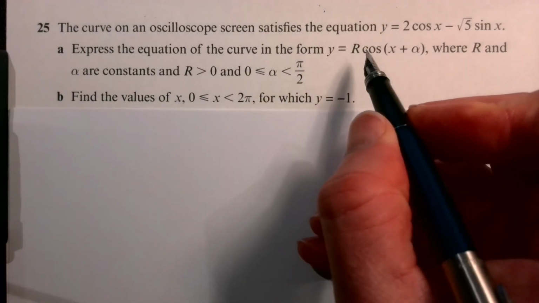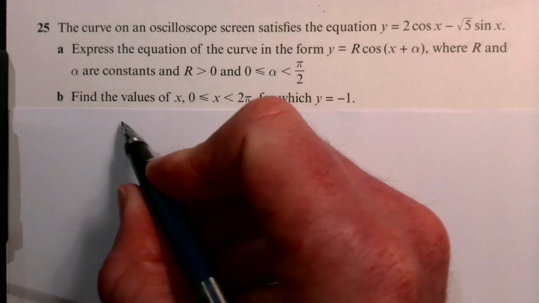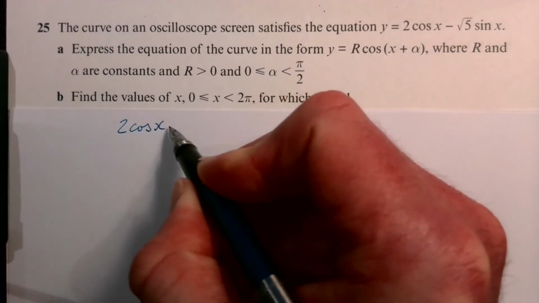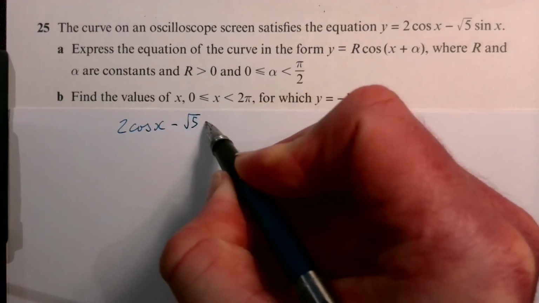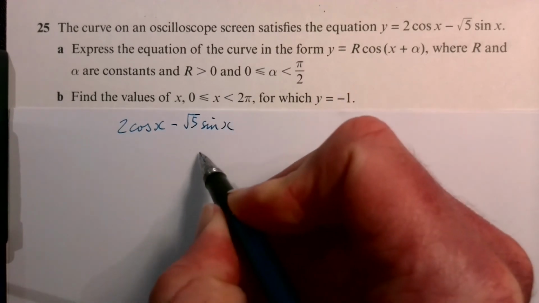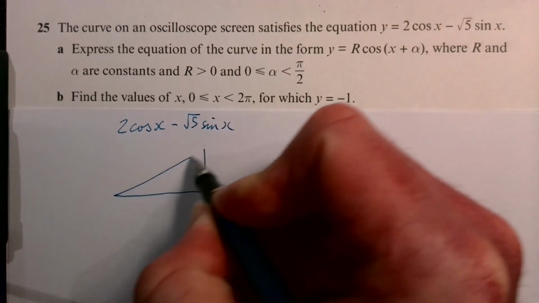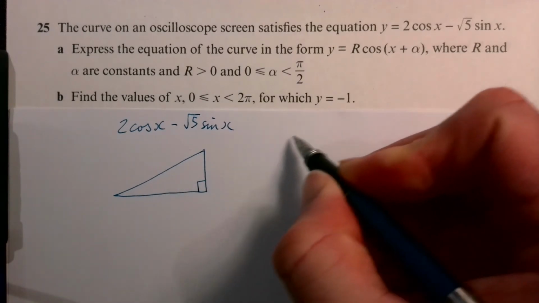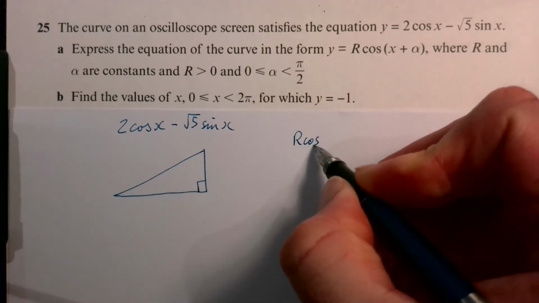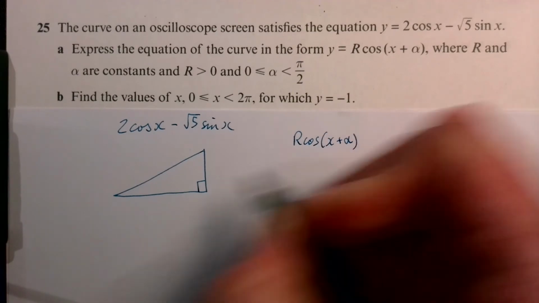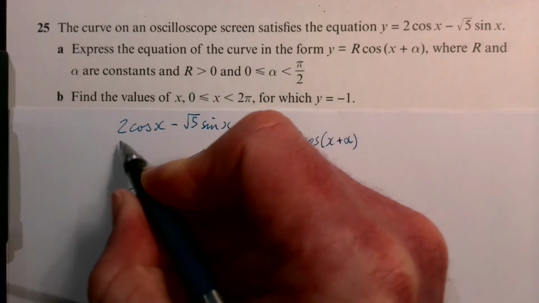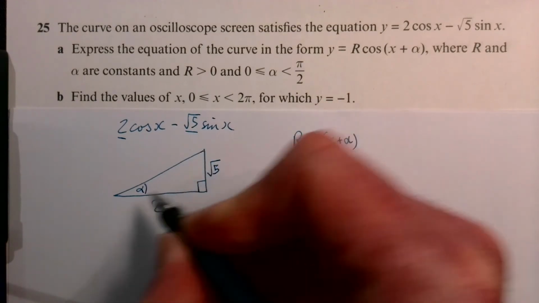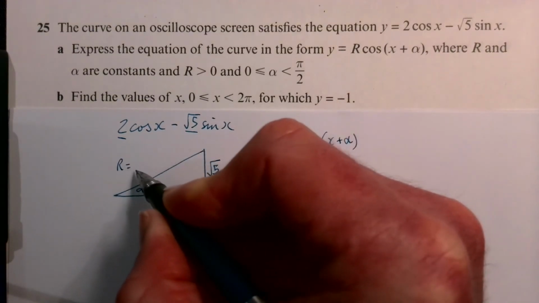So it's saying r cos, so we keep it as the 2 cos x take root 5 sine x. We keep it that way round. We draw our right angled triangle. They're wanting it in the form r cos x plus alpha, so we call that angle alpha. The 2 goes down to there, the root 5 goes to there, and the r is going to be